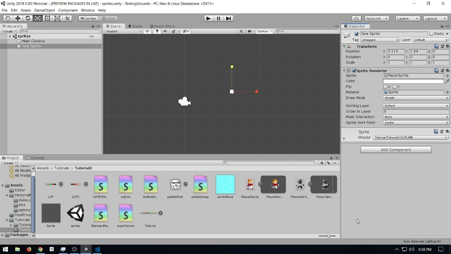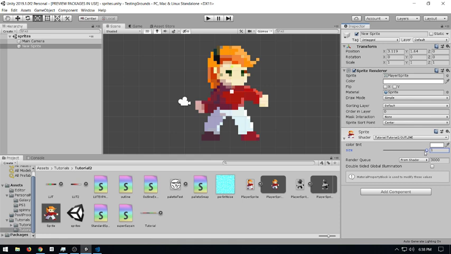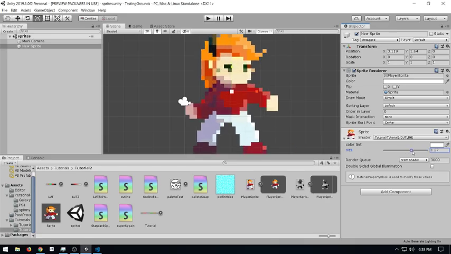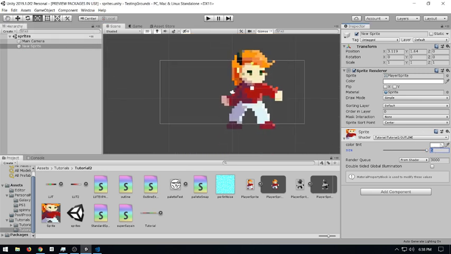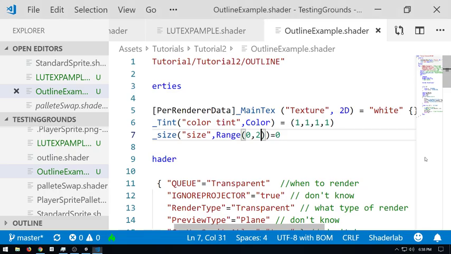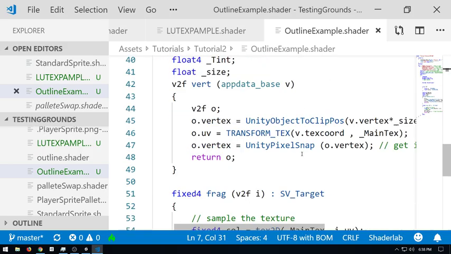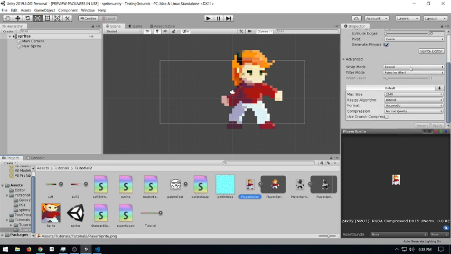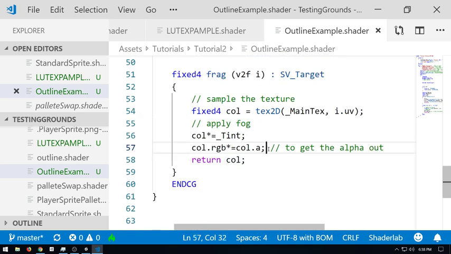Cool. So size is 0. Whoa! Getting bigger. Let's bump up that range to be even larger. So let's say 2. So now we should be able to go beyond. They're beyond. So yeah, now we're sitting at like 2 times. And if we were to say, hey, we just want the outline here. Actually, it's interesting to me that it's letting me go so far beyond. I would have thought it would have stopped me. Whatever, cool. No skin off my bones.